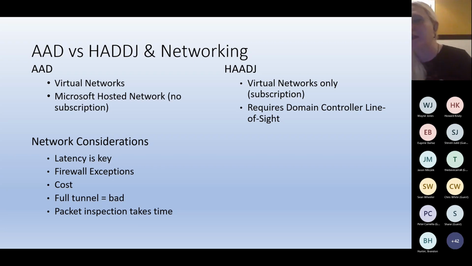So the last couple things I want to point out here are the network considerations. If your security standpoint is that anything in the cloud has to come back onto on-premises to make it through our IPS system to then go back out, you're going to have poor performance. Latency is key. As long as you're getting, give or take, under 100 milliseconds, you should be just fine. Clearly, the lower the better.